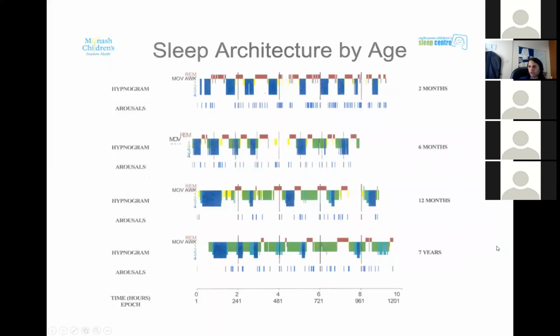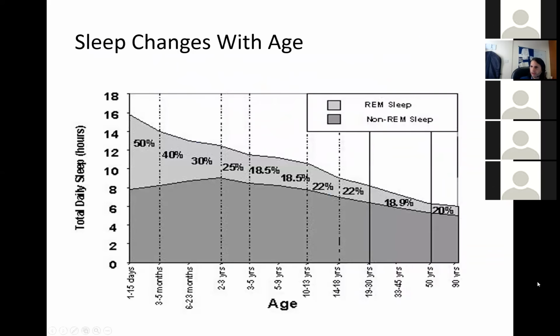So this is younger children, much more useful to look at this. You can see in 2-month-old babies, your REM sleep is very frequent and relatively longer, and as children get older, the REM sleep onset is later, and the amount of REM is less. By the time you're about 7, your proportion of REM sleep is very similar to what it is when you're an adult. And again, you can see that here. So babies are very lucky, they get 50% of dream sleep, and then by the time you're about 7, it's down to about 18–19%, and it tends to stay around this level for much of the rest of your life.